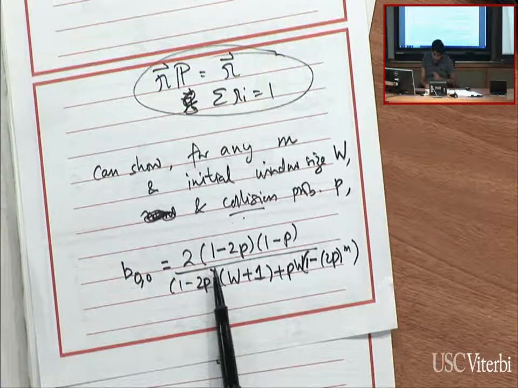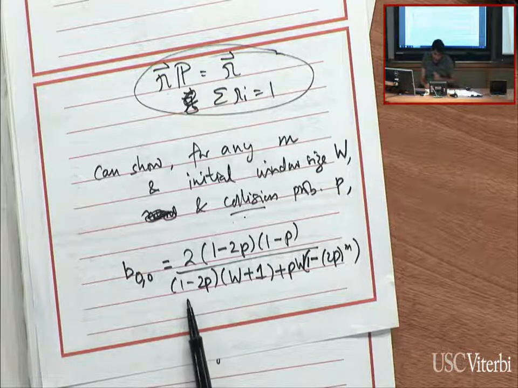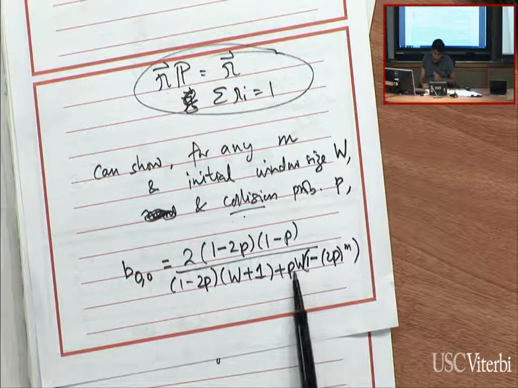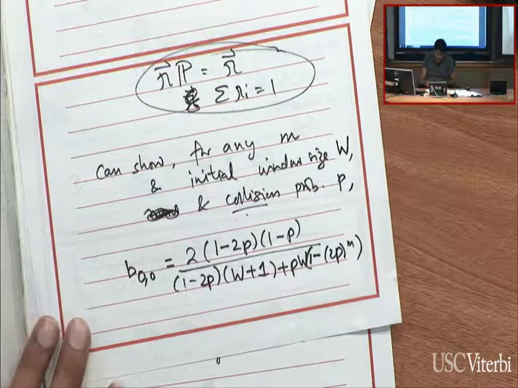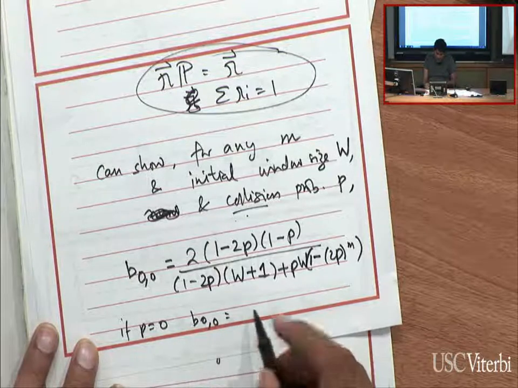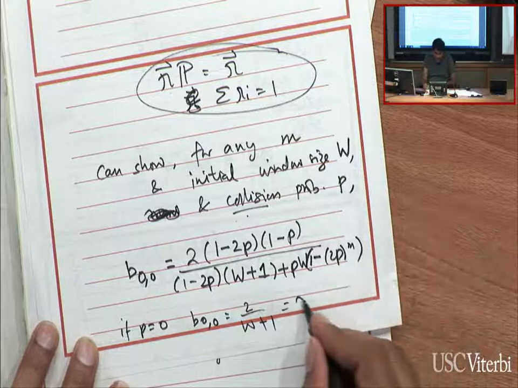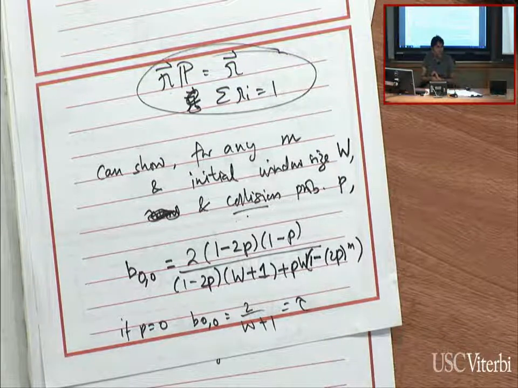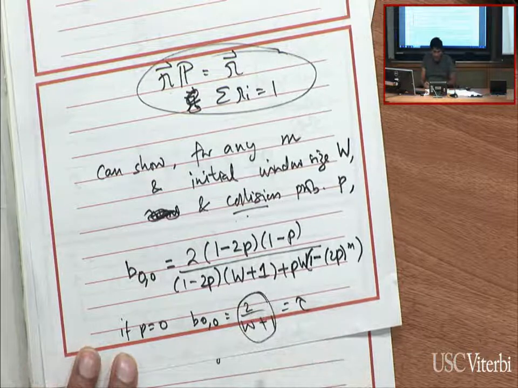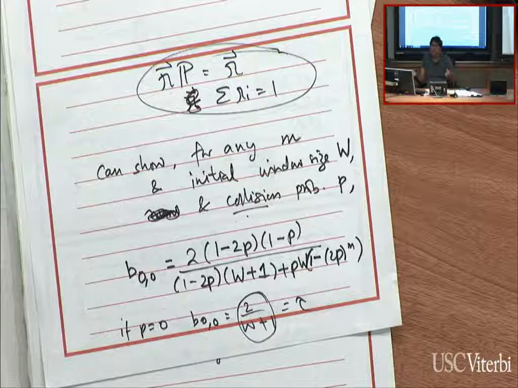So if p is 0, in this equation, these two terms become 1. So you have 2. This will be 1 minus, this is just 1. This becomes 1. This term disappears. So you end up with, if p equals 0, b0,0 equals 2 over w plus 1. And in fact, this will become tau because there'll be no collisions for you to go to any of the other states. And so the probability that you'll transmit would simply be 2 over w plus 1 if you're the only one in that area, which makes sense because you have a certain